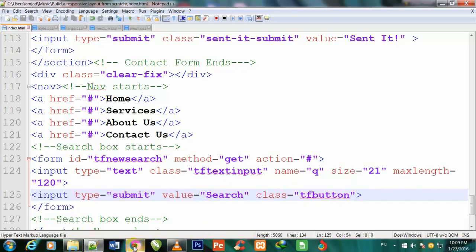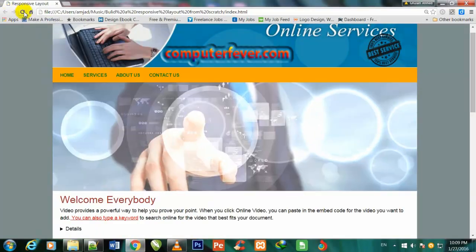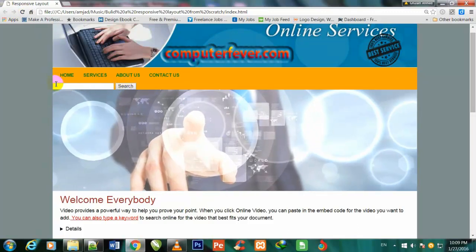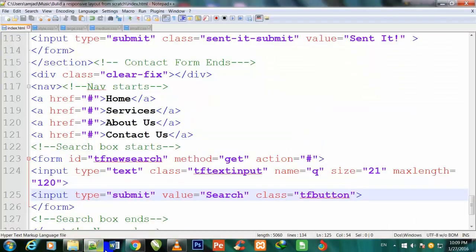So now friend, I go to my browser and refresh this page. So you see that this search box is showing in this way, right under these navigation links, because I have not stylized this search box in my style.css page. So I come back in my